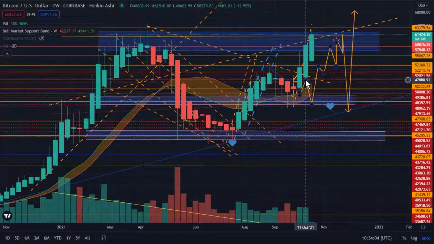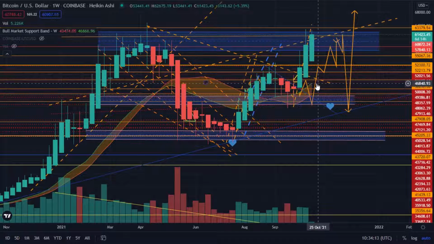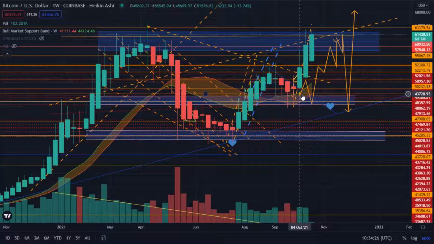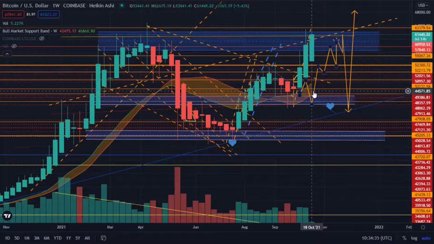Now, of course, there mightn't be time for that, and we could bounce off the bull market support band, another support, currently anywhere between 43 and 46. And I would be very content for someone to say the composite man is going to buy there. I'm like, yeah, okay. Composite man could buy on the bull market support band all the time. It's always a great place to buy. So that is going up as price is going up. If price was to turn, it will go down.